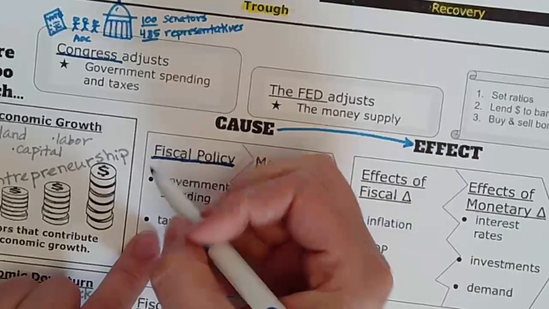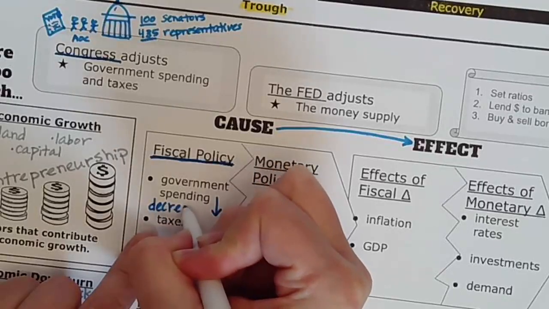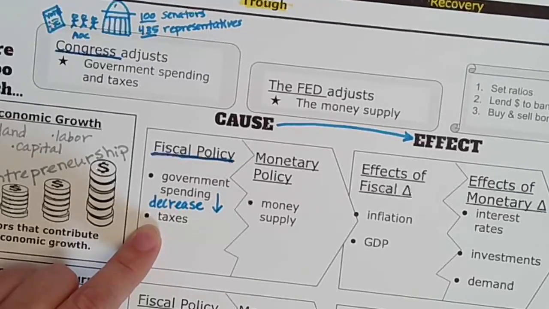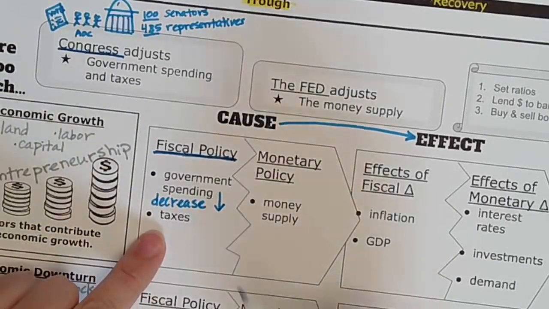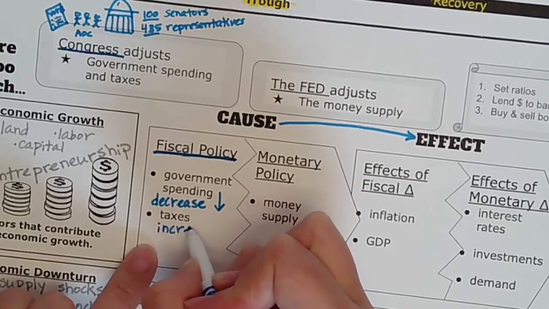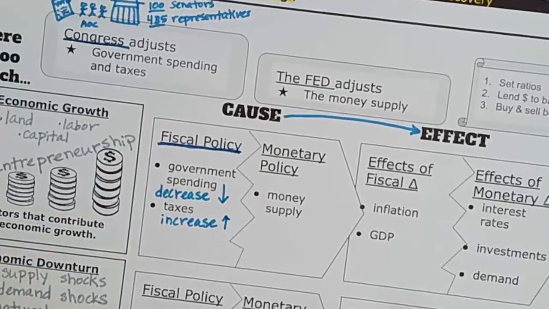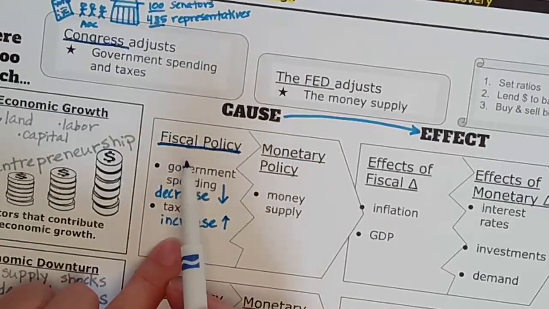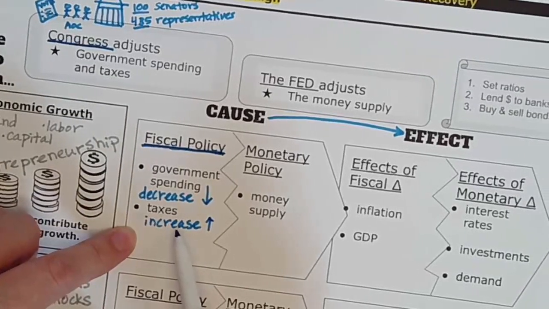Government spending. They may have to decrease it. Might have to make some cuts and decrease government spending. Another thing they can do to kind of slow down that rise in the economy so that it doesn't go too far is that they can increase taxes. Sometimes we need to. If Congress decreases government spending and increases our taxes, then there is an effect over here.